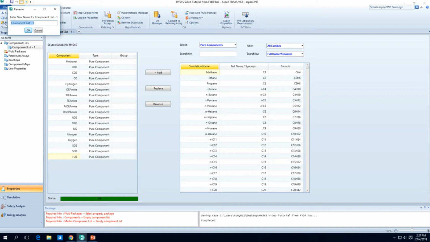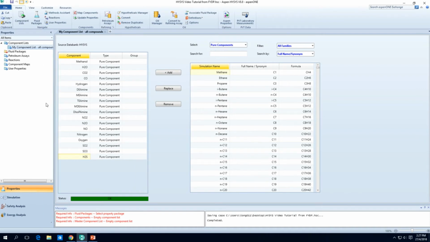I'm just going to rename my component list as my component list. Now, you may be asking, why do we want to do such a thing? Well, of course, I like to do it to keep the fluid packages and the component list neat and tidy, so I know that if I'm referring to this component list,